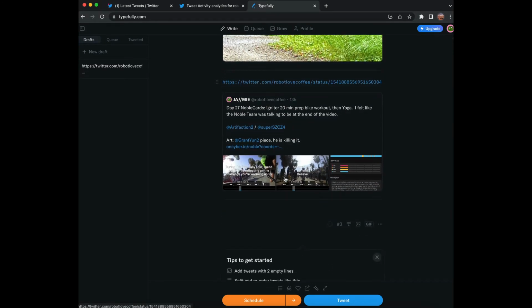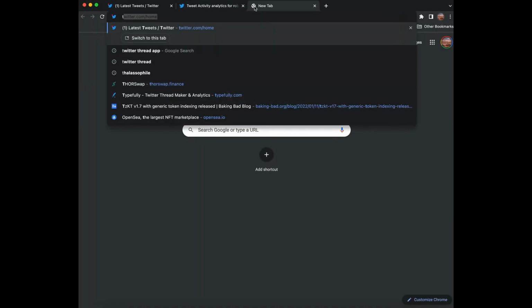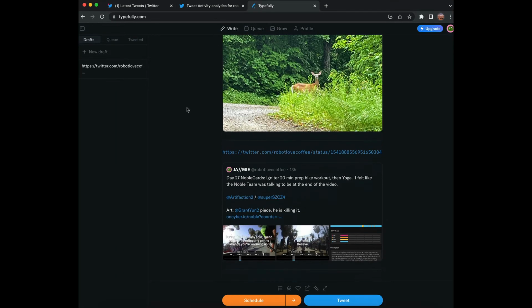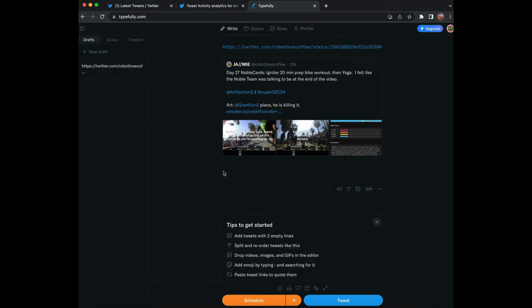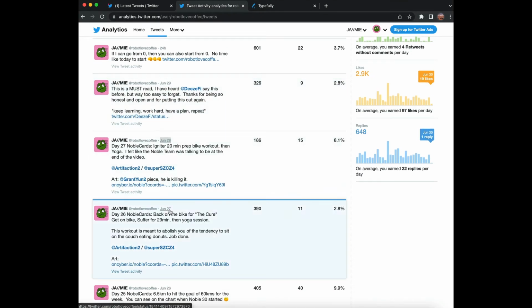So really easy process. Because it is an app, if I were to close this out and then go back in, you can see that that draft is still there. So again, really simple process. You're just going to keep going back and going down, copy the link address,